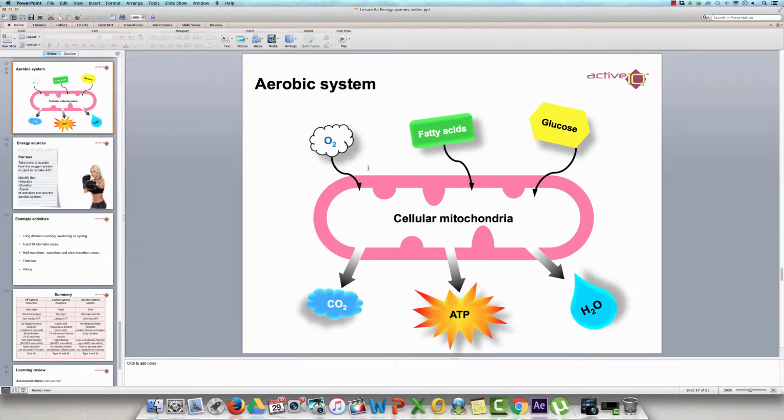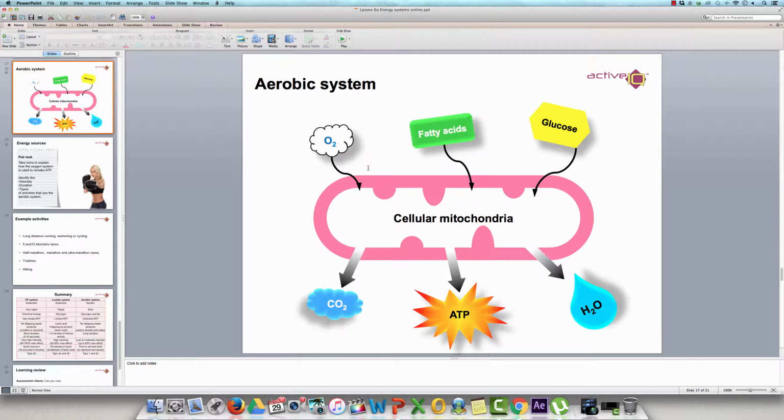The mitochondria then convert that into CO2, which is our waste product, H2O, which is another waste product, but also ATP. And that really is how the aerobic system works. Important to know, the three things that we have going in are oxygen, fatty acids and glucose. When we say fatty acids and glucose, that could be stored fats from our body, it could be